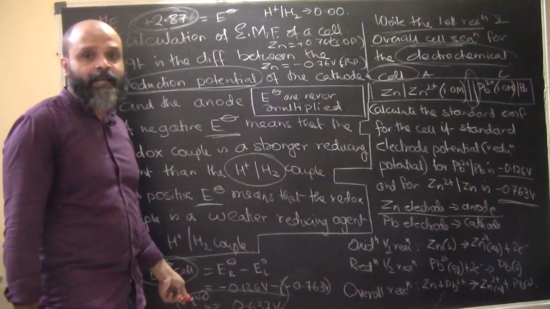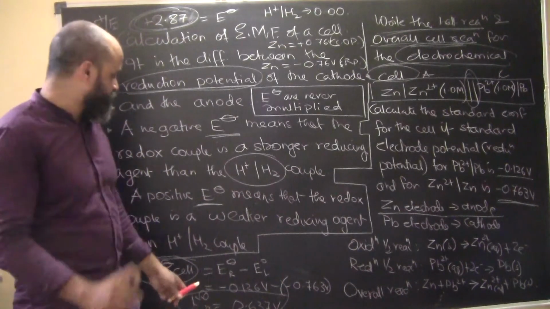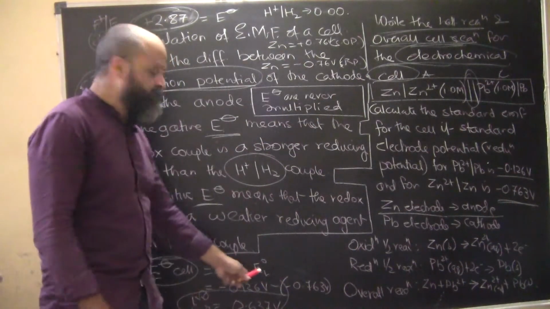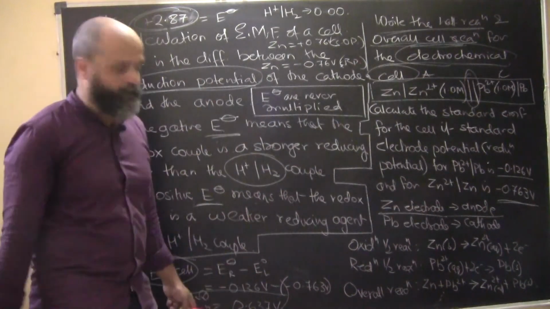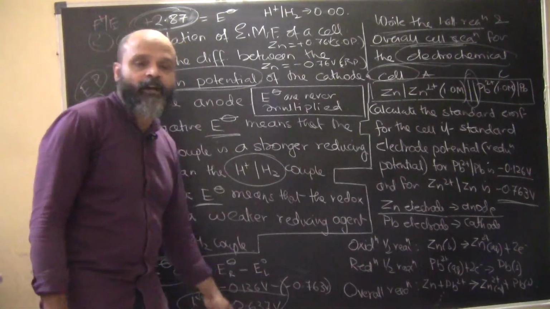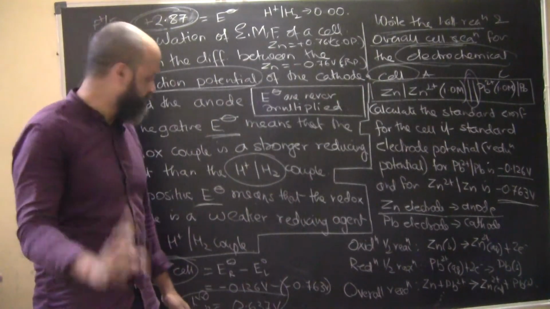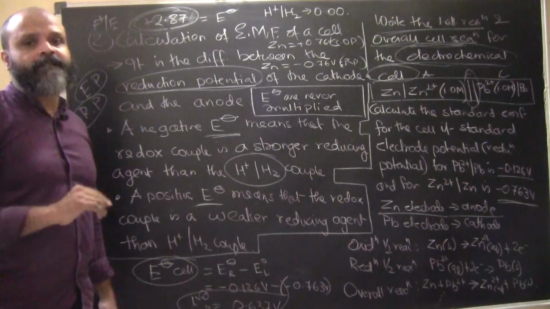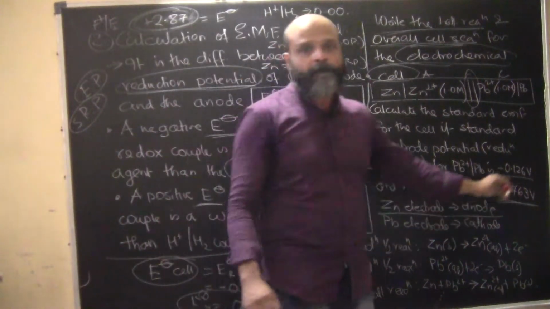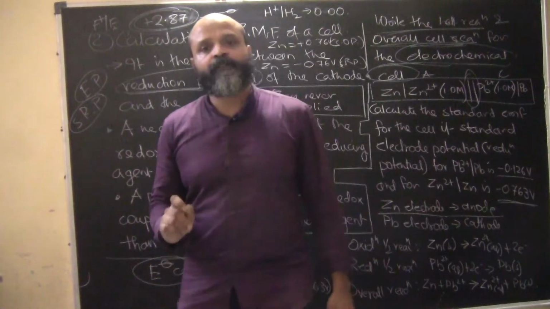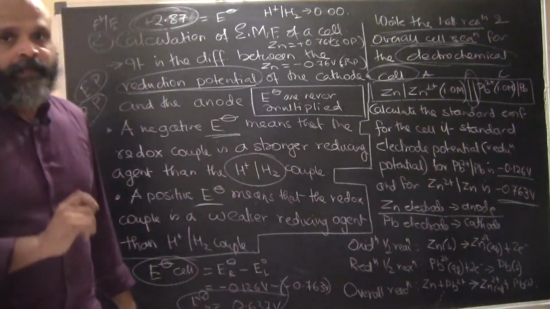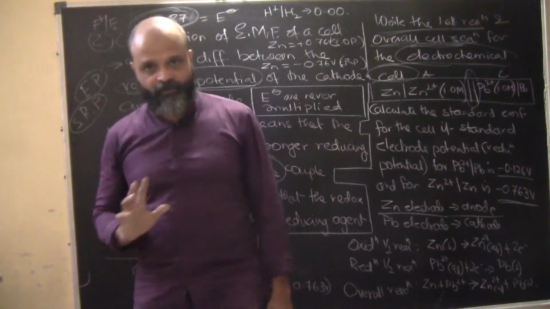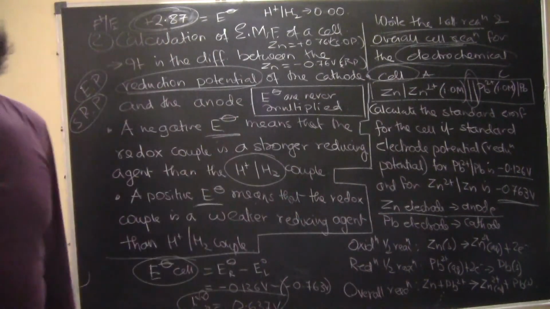So how are we going to calculate the EMF? EMF will be basically the electrode potential on the right part, that is the cathode part, minus the electrode potential on the left part, that is the anode part. If we just subtract it, this is how we calculate the EMF of the cell. So by just looking at the figures and the reduction potentials, we can very well determine which one is going to oxidize and which one is going to get reduced. I hope this makes it clear. We will deal with more problems to get clarification on the same. You can take a snapshot of the same.